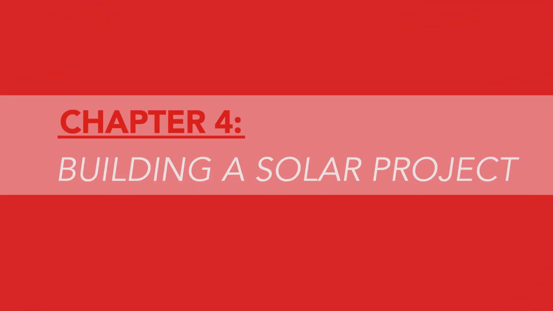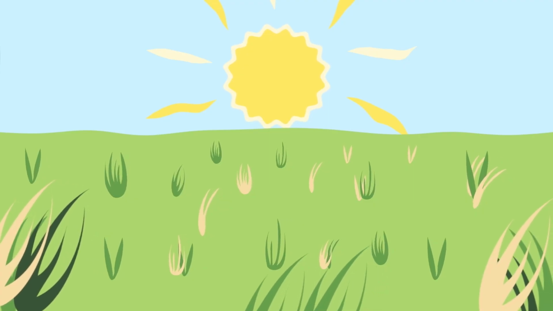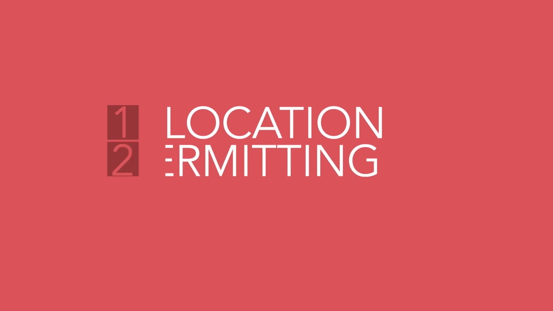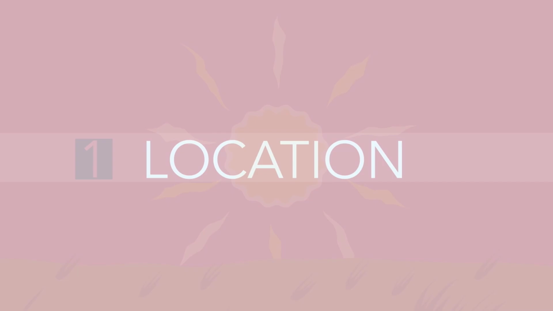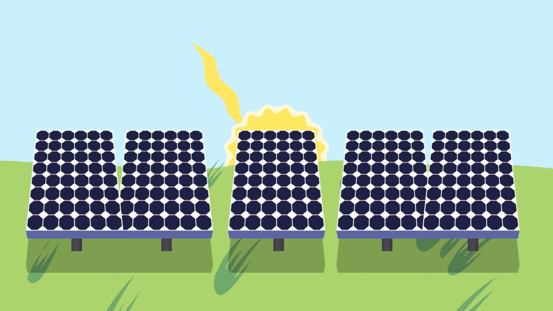Chapter 4. Building a solar project. When deciding where to build a solar project, we consider 3 main things. 1. Location. 2. Permitting. And 3. Economics. Location. The most crucial aspect to consider when evaluating a location is the amount of direct sun exposure to